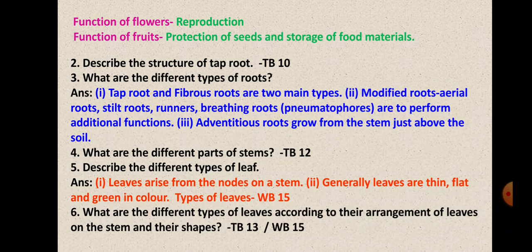In different plants, the arrangement of leaves on the stem is different. It may be alternate, opposite, whorled, spiral, etc. And the second point is, according to shape, leaves are rounded, that is obovate, palmate, lanceolate and linear. And if you want to write from the textbook, on page number 15, as I said, it is point number 4.10. Okay, let's move.